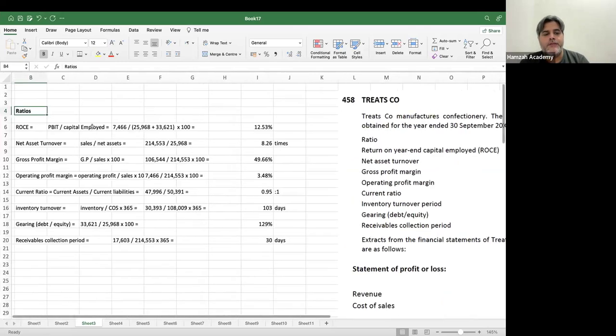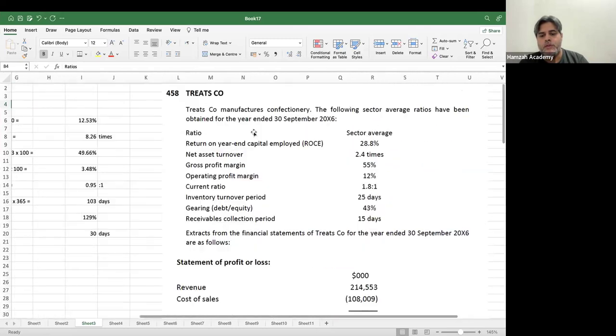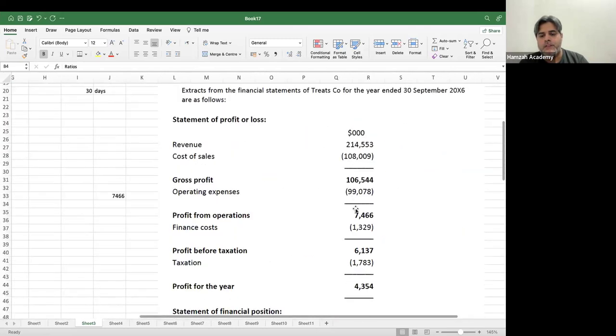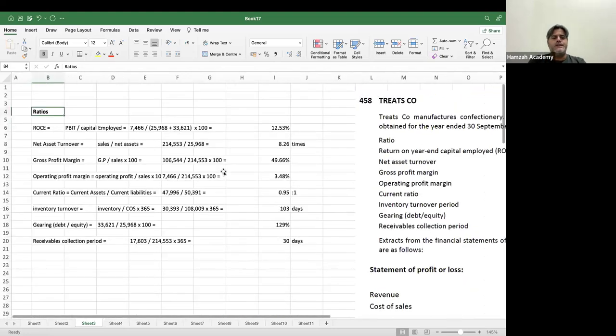So the only reason left for the ROCE being lower is the lower operating profit margin, because the operating expenses are too high along with the cost of sales. So the operating expenses have cut short the profit from operations. Similarly, if I go into the gross profit margin, I can simply say that the gross profit margin of